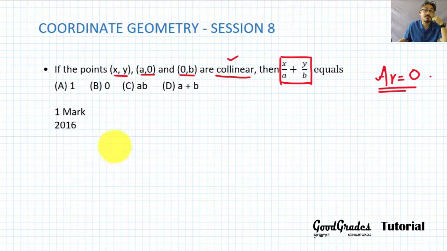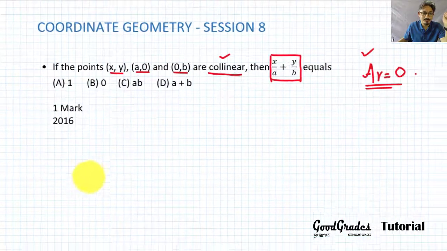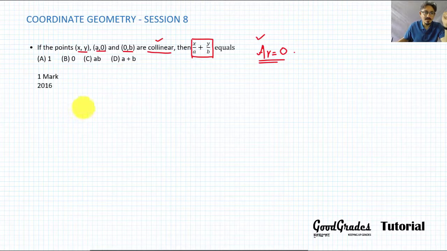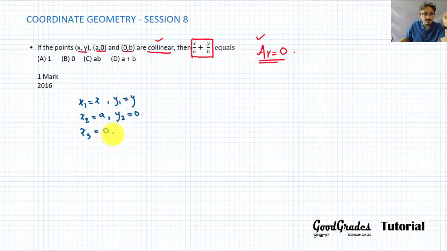Okay, so this question is 1 mark, 2006, very easy. Collinearity, we have to use area is equal to 0 under all circumstances. Okay, so let us begin. So we have x1 is equal to x, y1 is equal to y, x2 is equal to a, y2 is equal to 0, x3 is equal to 0, and y3 is equal to b. Okay, so area of a triangle formed by these three coordinates is equal to half